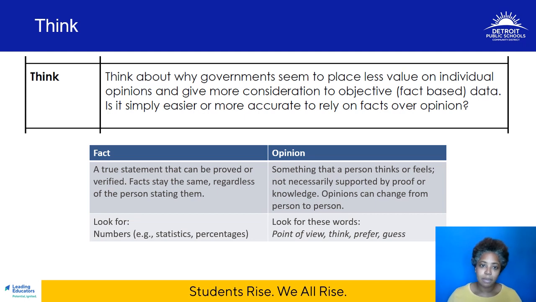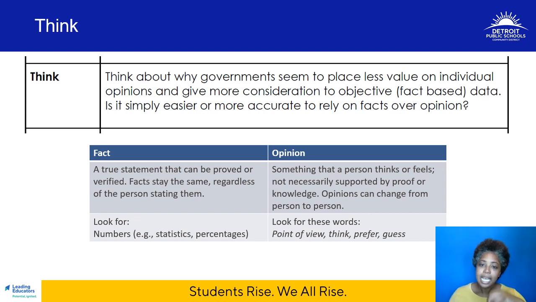Next, I'd like you to think about why governments seem to place less value on individual opinions and give more consideration to objective or fact-based data. Is it simply easier, or maybe it's more accurate to rely on facts over opinion? So whether you're analyzing literature or informational texts, it's important to be able to recognize the difference between a fact